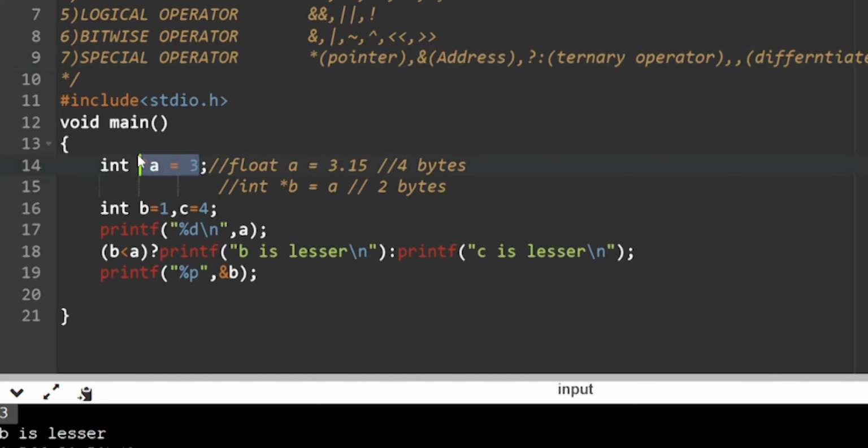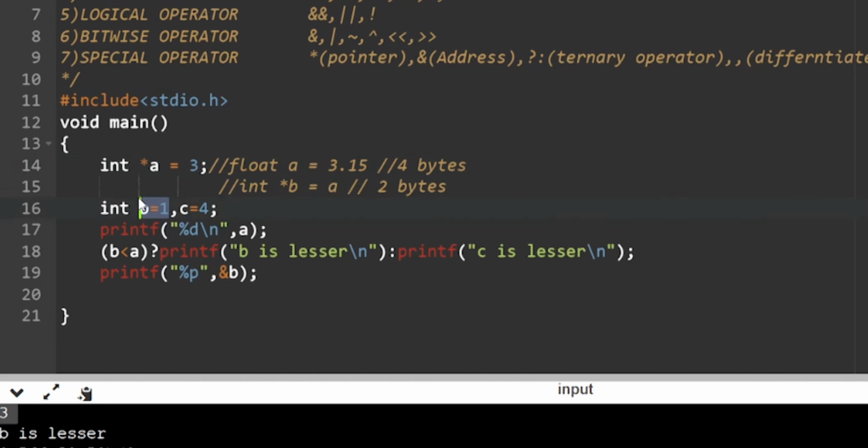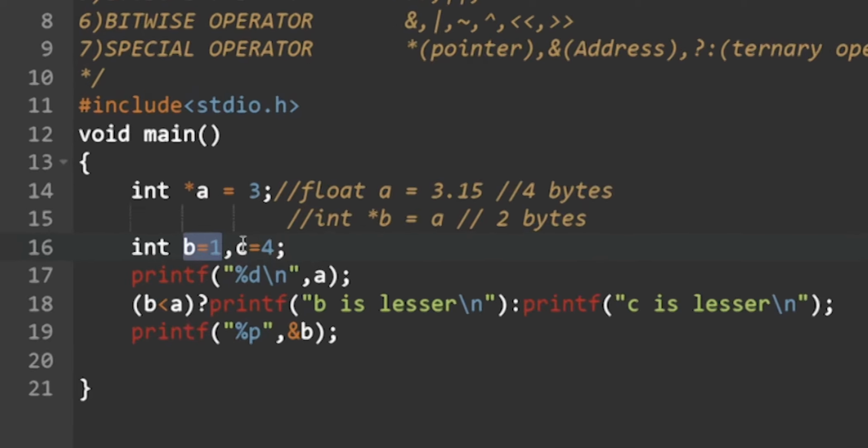Like I have given over here, b is equal to 1. I am storing that one value in the variable b, which is allocated in the memory of my computer. That memory will have a particular address. I'm going to print that address. That's all. As you can see in this print statement, I am giving ampersand b with a